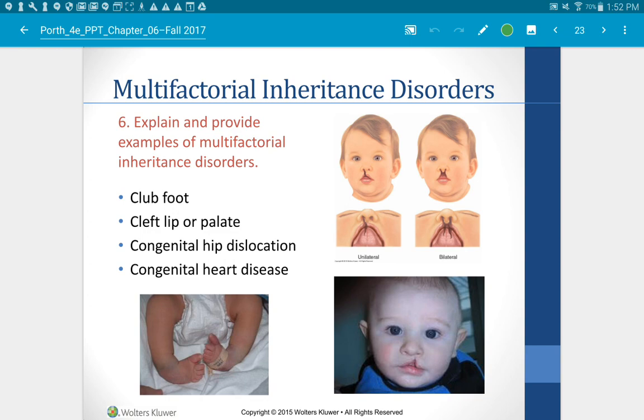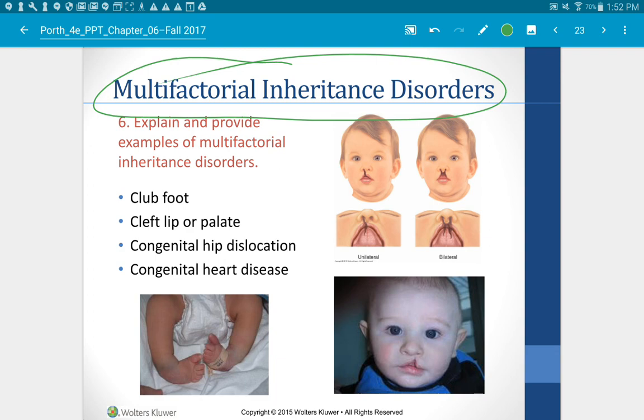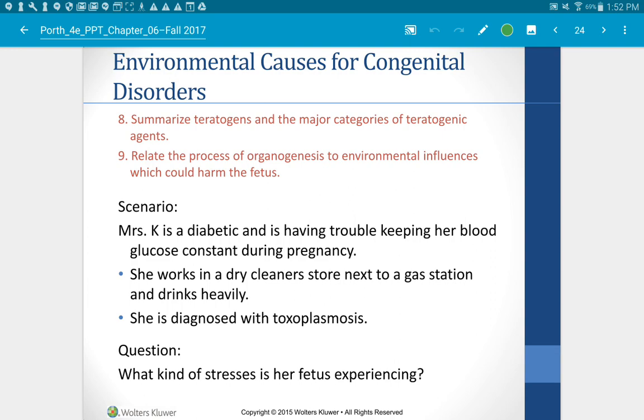Last point to make as you run out the door, there's lots of diseases. In fact, most diseases fall into this category where they're multifactorial, where it's both genetic and environment. Classic example is cleft palate, where there's some genetic influence. There's also environmental influence that we're aware of as well. And I'm going to leave you with